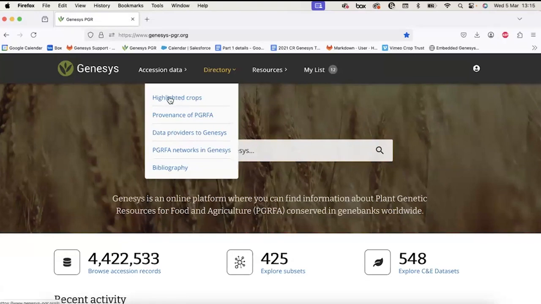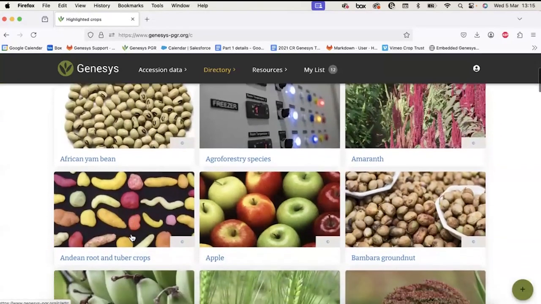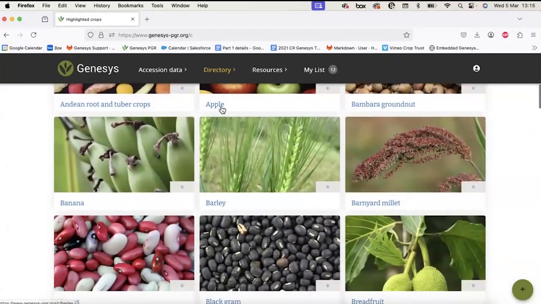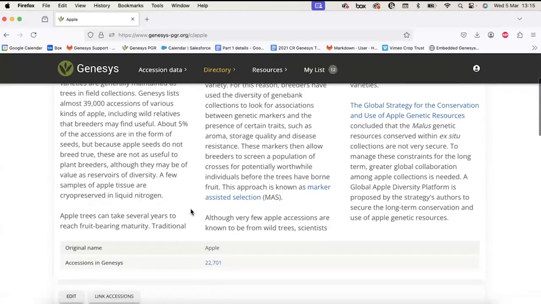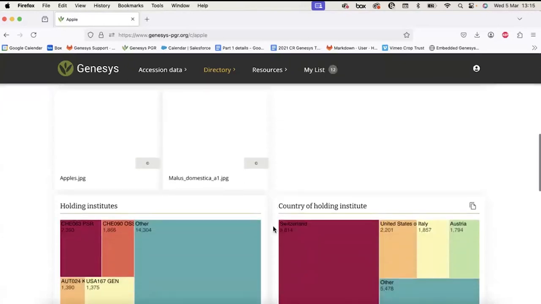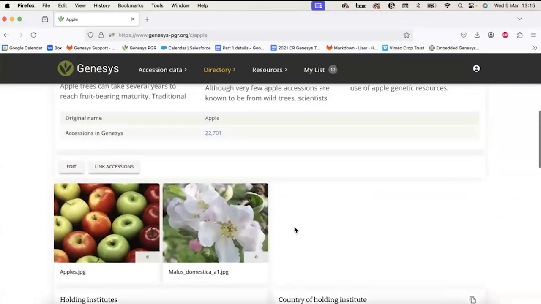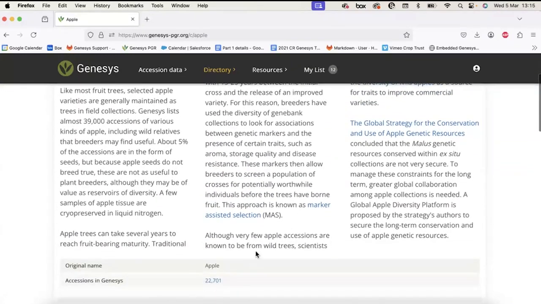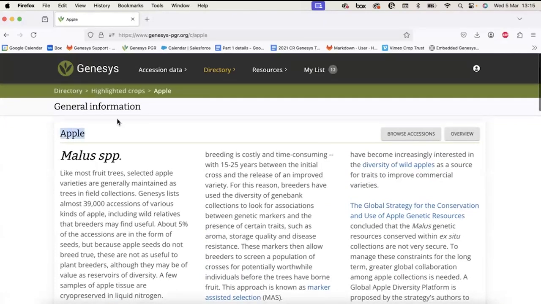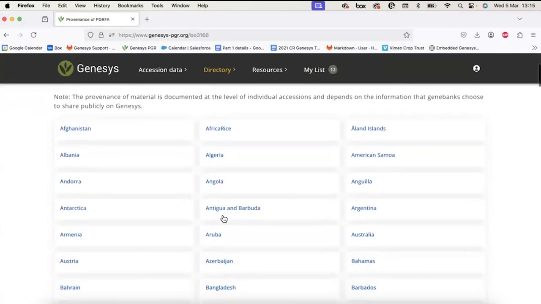So I'll have a quick look at how these pages look. Highlighted crops. So these are the accessions in Genesis divided by crops, and you will have little introductions and overview summaries of the distribution of all the data on apple in Genesis and how many are tagged with the crop apple. From the provenance, you will see a list of countries